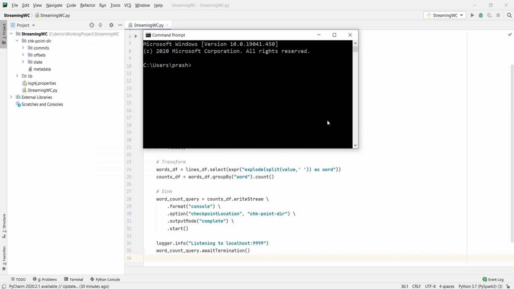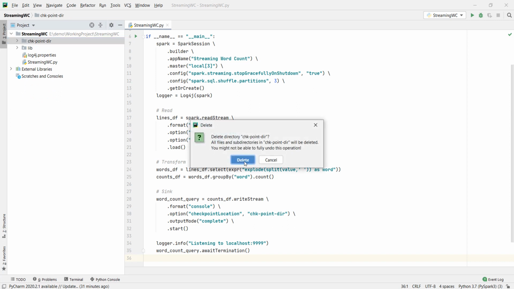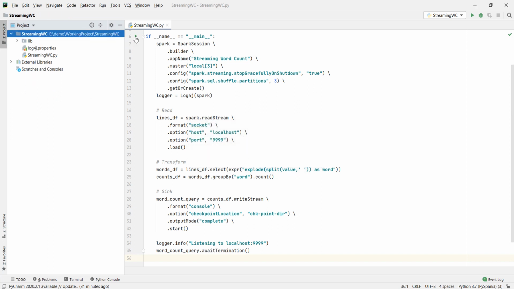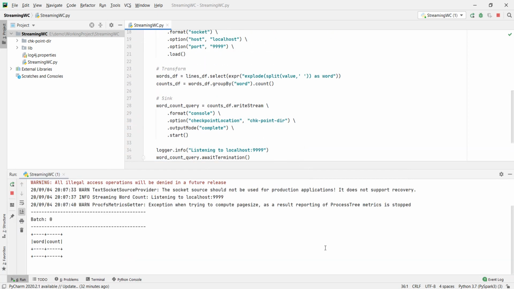Let me show you. I am starting my input data source socket. I haven't sent anything yet. Now let me start the application. Then we go to the Spark UI.